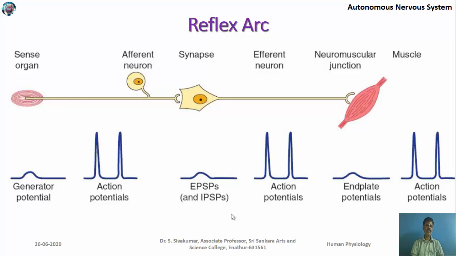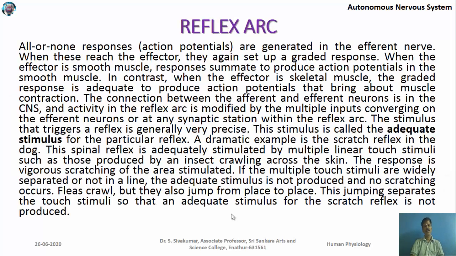So these reactions are known as the reflex arc. All or none responses are generated in the efferent nerve. When these reach the effector, they again set up a graded response. When the effector is smooth muscle, responses summate to produce action potential in the smooth muscles. In contrast, when the effector is a skeletal muscle, the graded response is adequate to produce action potential that bring